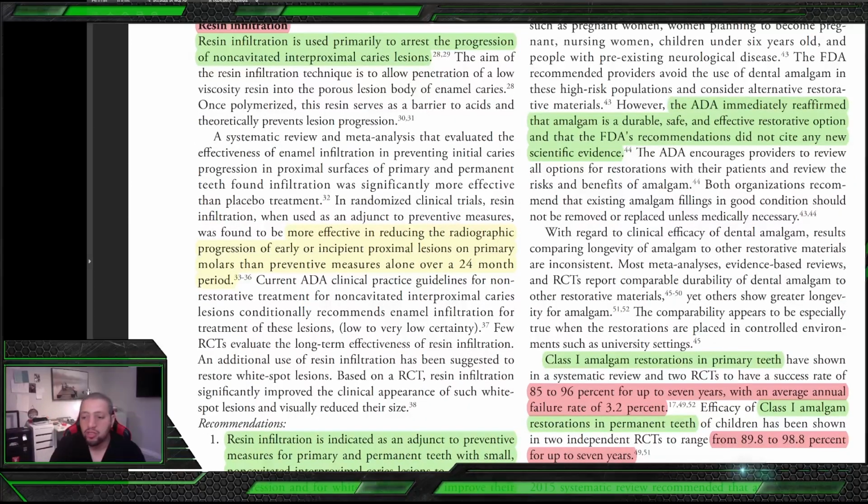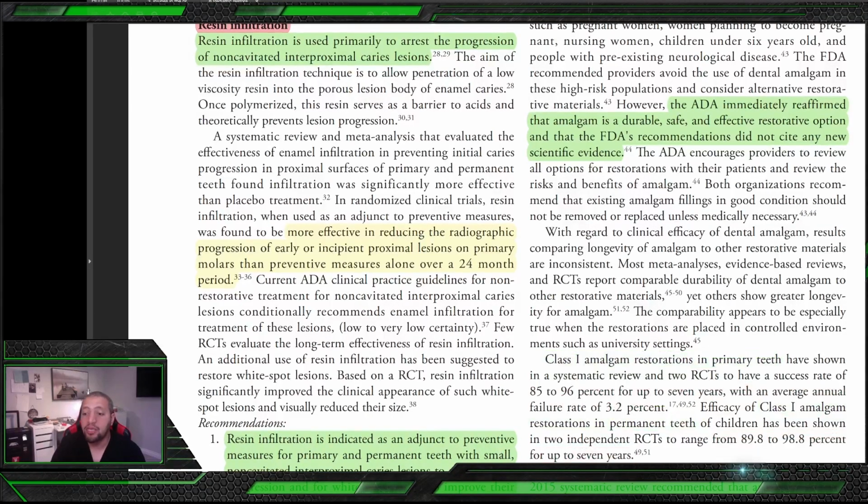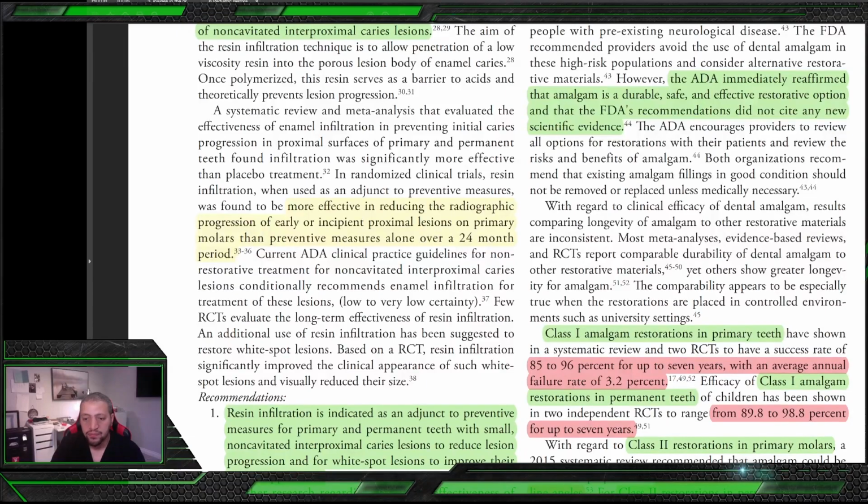So class 1 amalgam restoration in primary teeth has an 85 to 96% success rate up to 7 years, with an average annual failure rate of 3.2, which means it's amazing. So it can be used for class 1 amalgam restoration. And for permanent teeth, it has almost the same up to 7 years. Okay. For class 2,